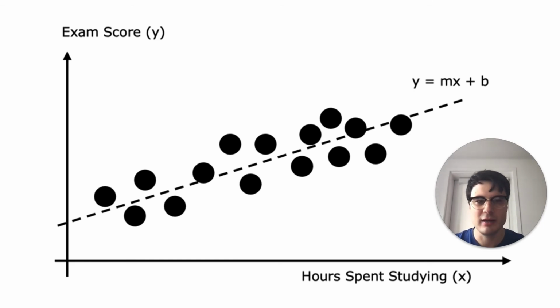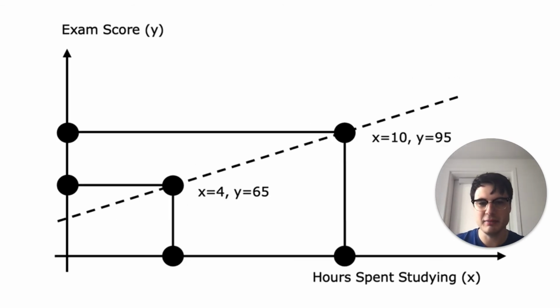But if we already have a line that has been learned, so the m and b's have been learned, then we could easily make predictions using algebra 1. That is, we get a value for x, the hours spent studying. We go up to the corresponding point on the line y, and we make the prediction based on the line. So given an x value with the line, we can find the corresponding y value on the line,